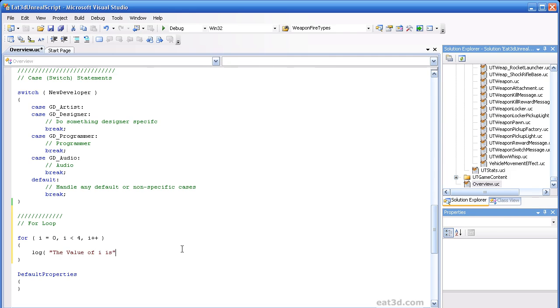So right there we've said the value of I is, and they have different string operators, and in this case we're going to use the $sign. And this is called concatenation. If you're not familiar with that term, you're saying I want to take 2 separate strings, in this case string number 1 here, and you want to merge it or append the second string onto it. That's what they call concatenation.